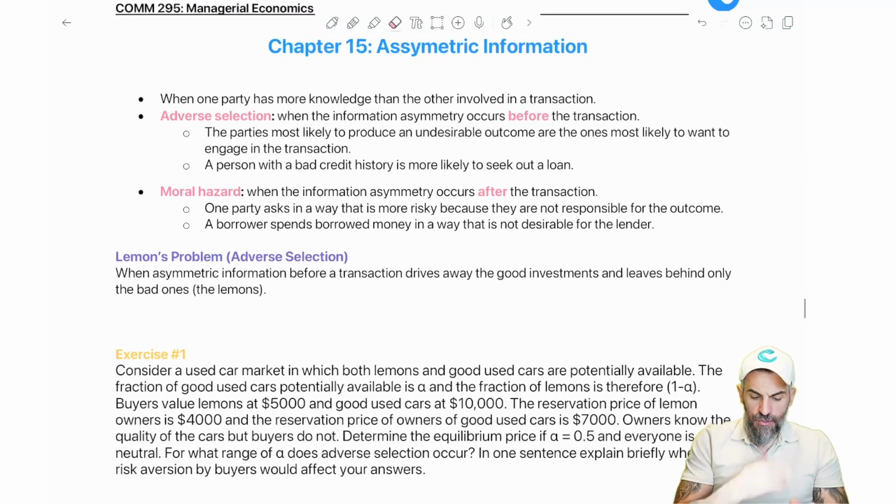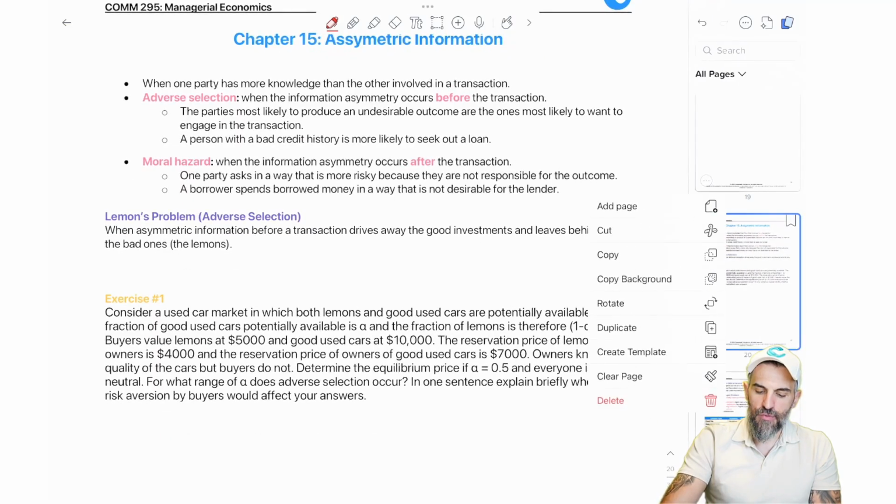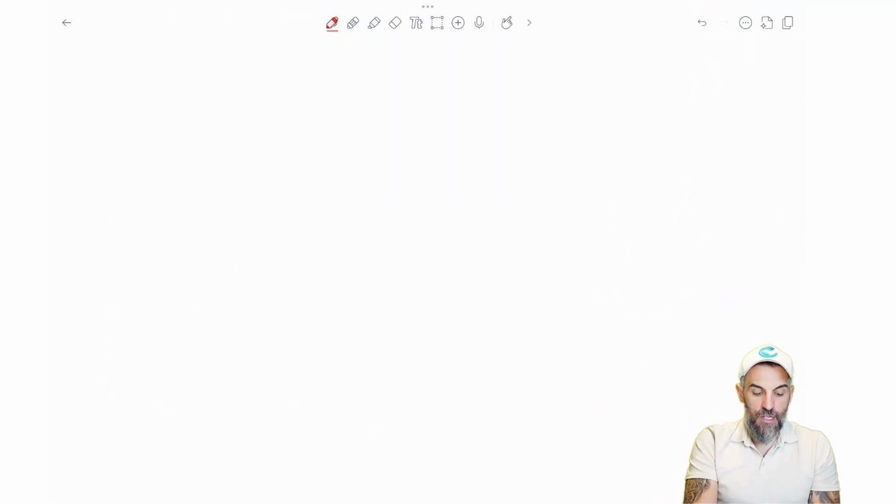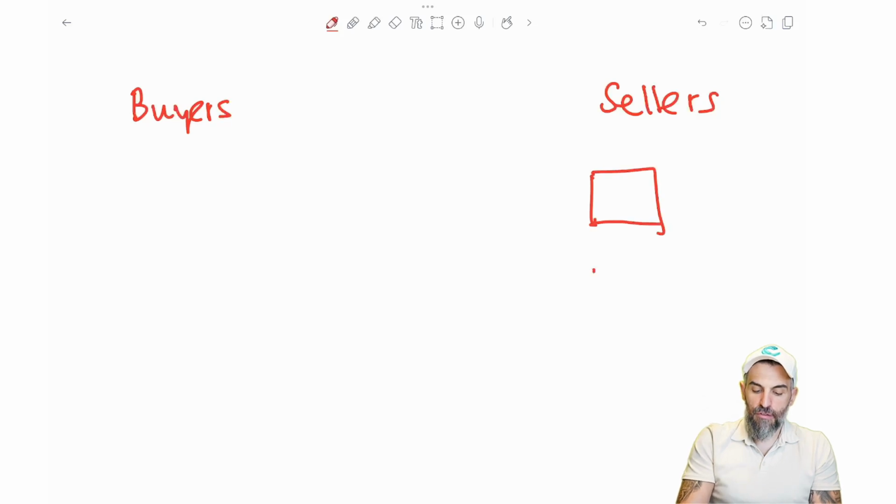So I'm going to go over some exercises with you guys. The first one here, this is a past exam question on the lemons problem. So the lemons problem is similar to the insurance example I gave you before, but it's more in the context of used cars. And the idea here is that if somebody is going to, I'll do a quick illustration of the lemons problem and then we'll jump into the exercise. So there are buyers of used cars and there are sellers, right? Let's say that there are three